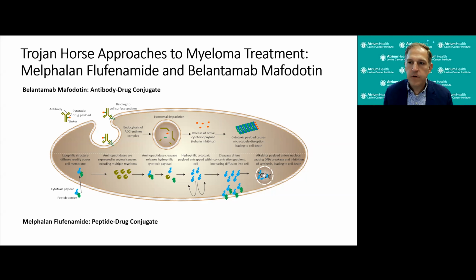So melflufen, or Melphalan Flufenamide, is an alkylating agent, just like melphalan is, which is what we use at high doses in the setting of autologous stem cell transplantation. It's in the same family as cyclophosphamide, and in the occasional instance where bendamustine might be used to treat relapsed refractory multiple myeloma. So one important difference about Melphalan Flufenamide, which is a peptide drug conjugate, is that it's what